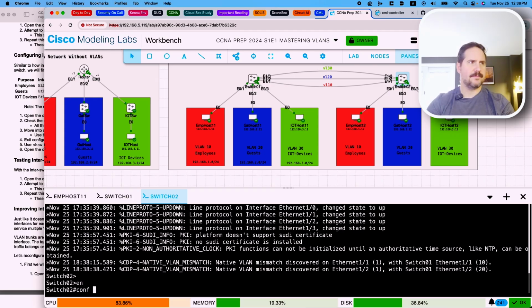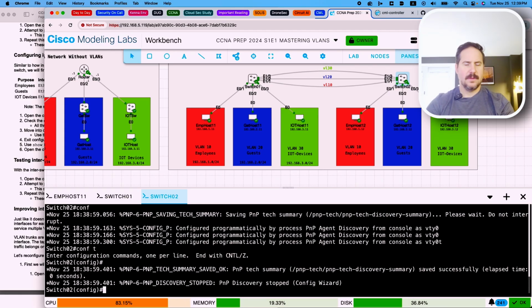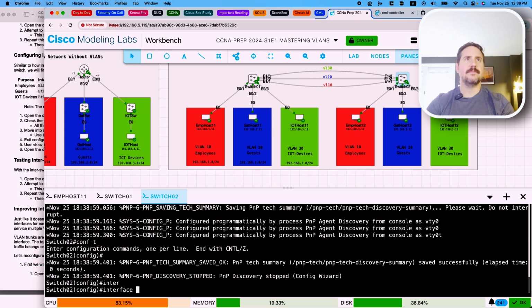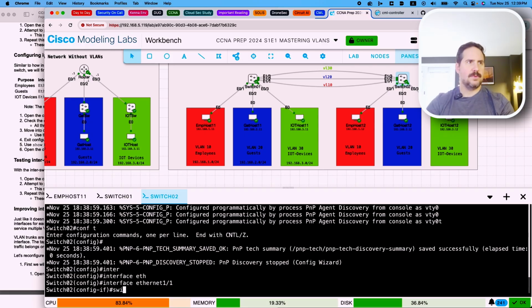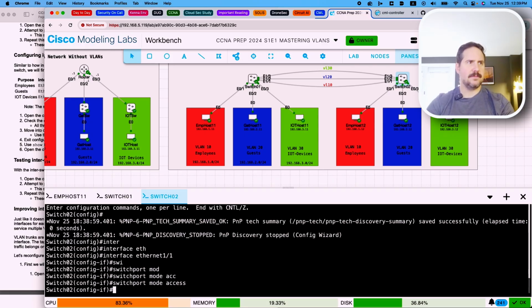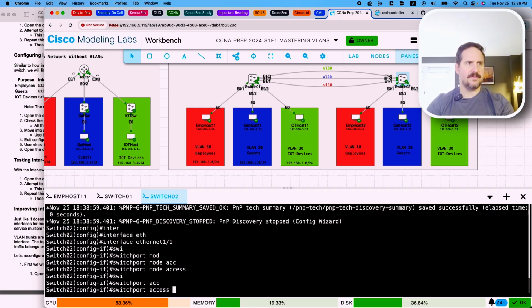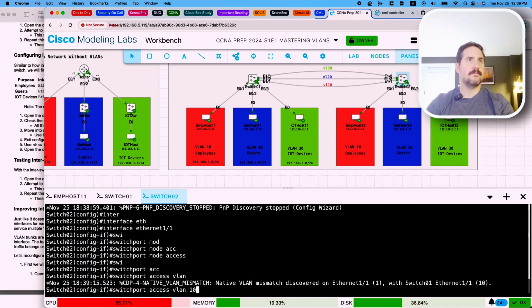enconf t, interface, let's just do 1.1, Ethernet 1.1, switchport mode access, switchport access VLAN 10,